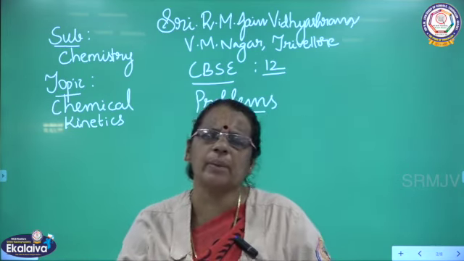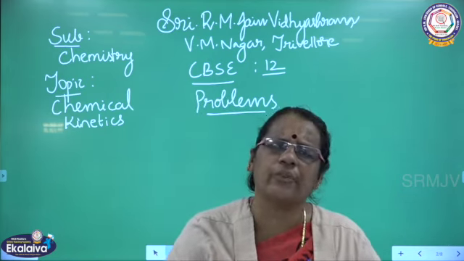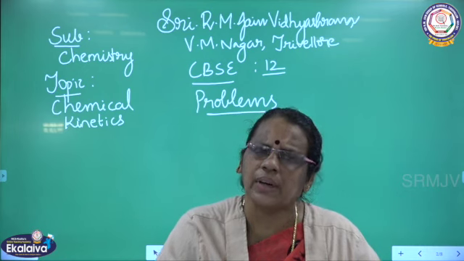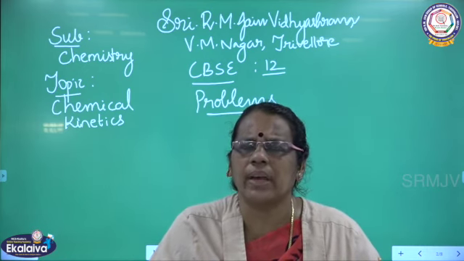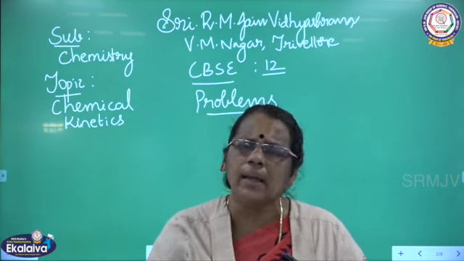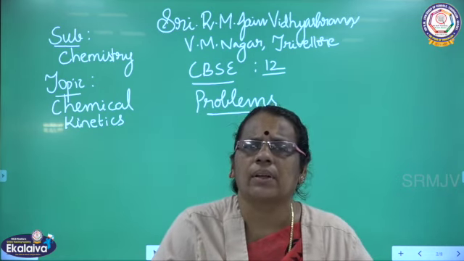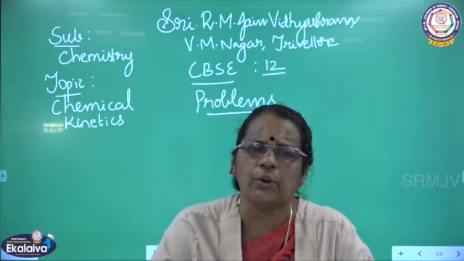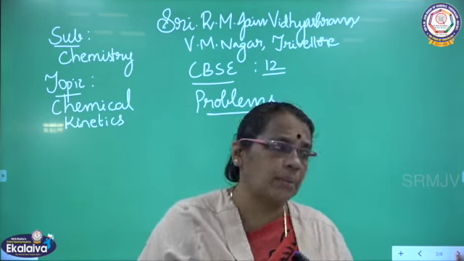Today I am going to cover the problems based on average life, and we are going to calculate the time for the first order reaction, changes in the initial concentration, final concentration. Based on that we are going to calculate the time for the first order reaction. So all these problems we are going to see in detail. So I want everybody to have your notebooks, be ready. I am going to start now.